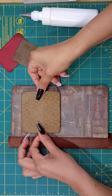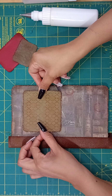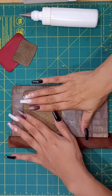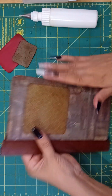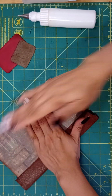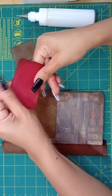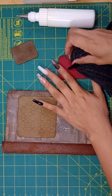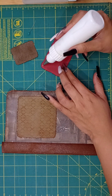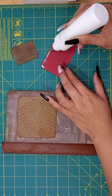So let's see. We're gonna get it centered from the edges, and I think that's a good height there. Make sure we're level. Yep, okay. Give me a light press there, and then flip it over, and I like pressing it from the back. Okay, next book plate rectangle is going to be this one. Oops, got glue on that. Okay, then we'll do this one. Corner, right to the edge,